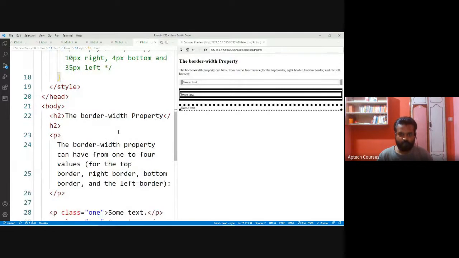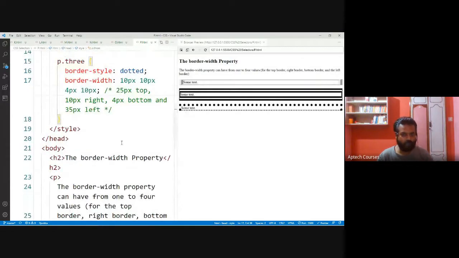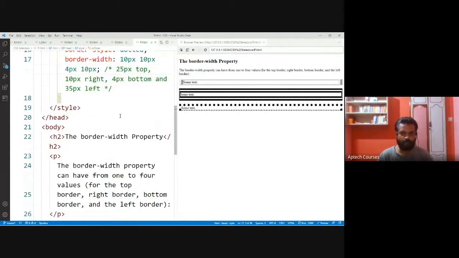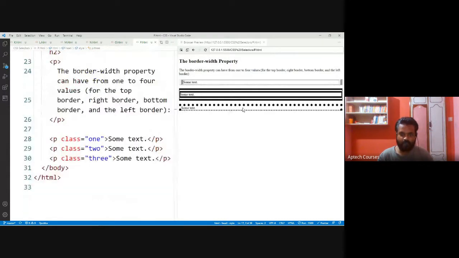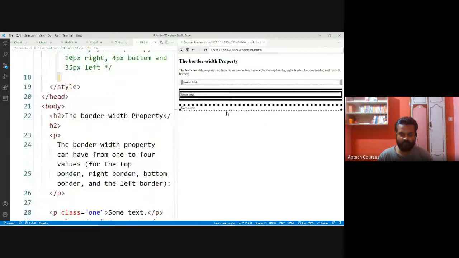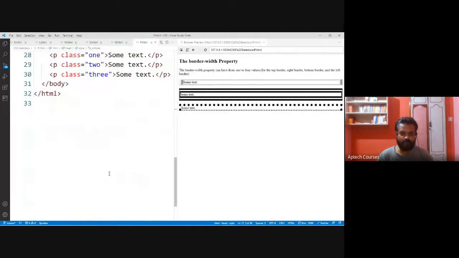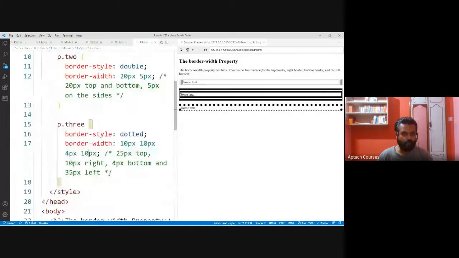Basically, you'll get the dotted line, the dotted box. Here each side we are specifying the size of this border. Each side we can specify the size, the border width.